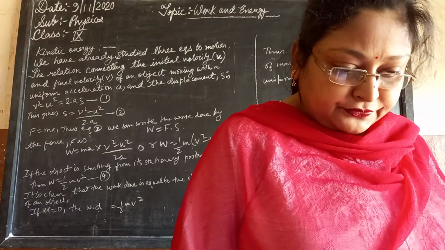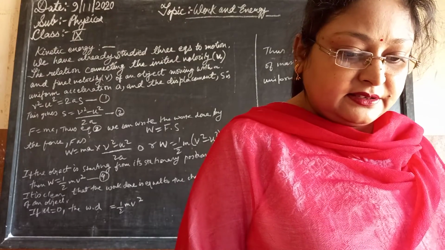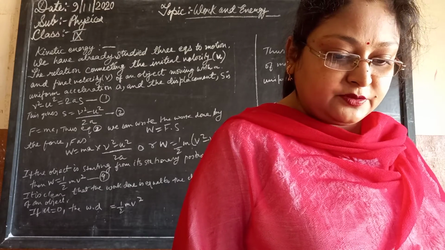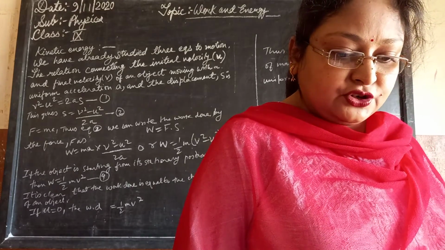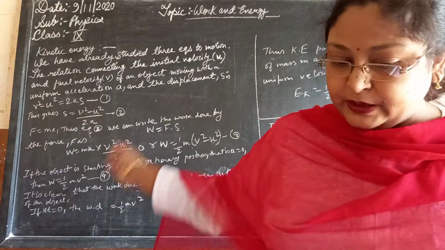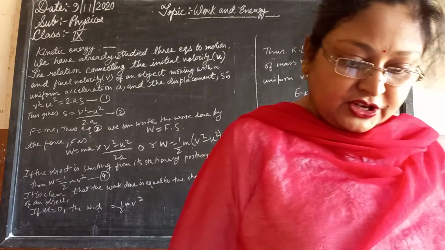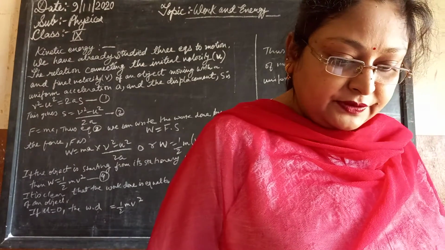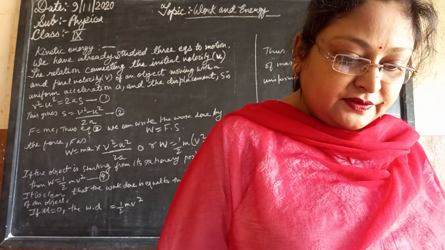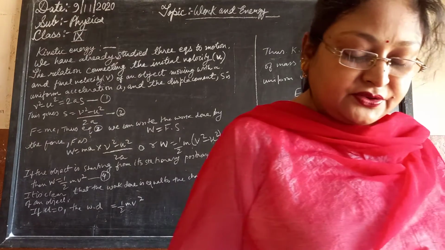In page number 152, what is the kinetic energy of an object? The kinetic energy of an object is the energy due to its motion when it is moving from rest position. What is the expression for the kinetic energy of an object? You can write an expression for this, which I have followed by this particular equation. The kinetic energy of an object of mass m moving with a velocity of 5 meter per second is 25 joule. What will be its kinetic energy when its velocity is doubled? What will be its kinetic energy when its velocity is increased 3 times?